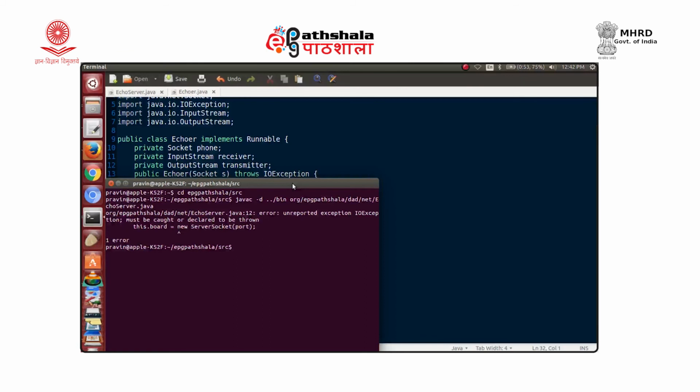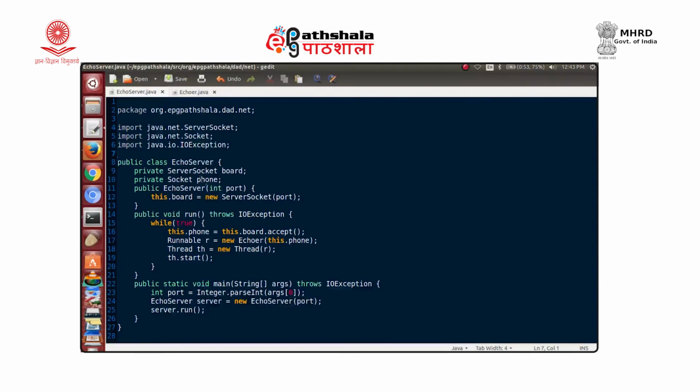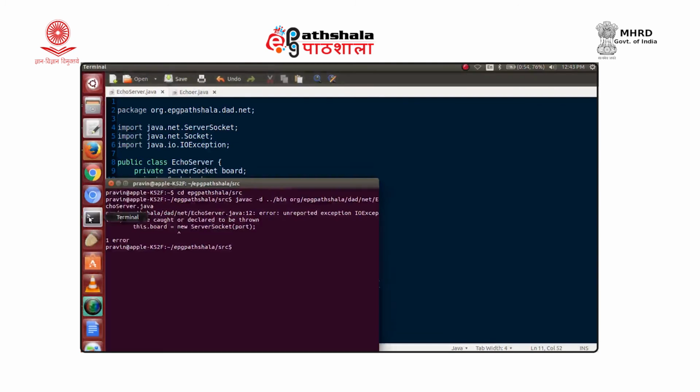Okay. Fine. We need that exception to be declared in the constructor for EchoServer, fine. So, go back to that EchoServer. Fine. The constructor here, okay, needs a throws IOException. Okay, save this. Okay, let us compile now. Fine. So, this compiles. Now, if we run this code,